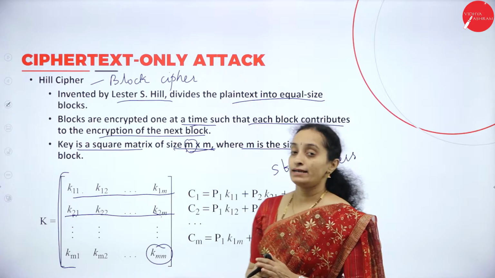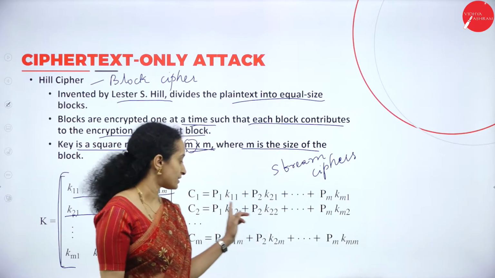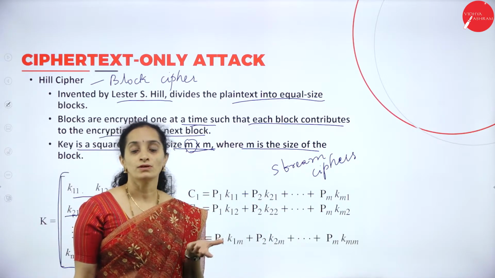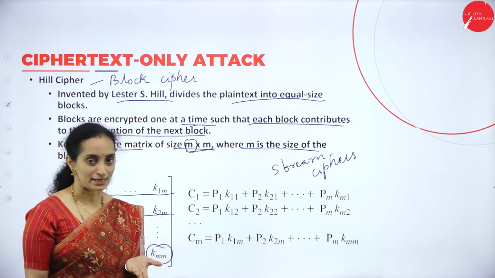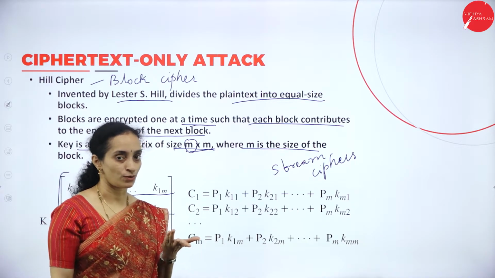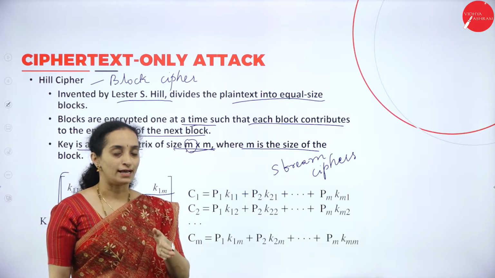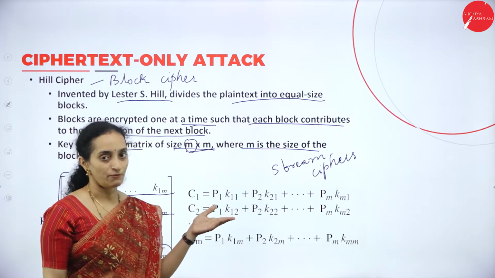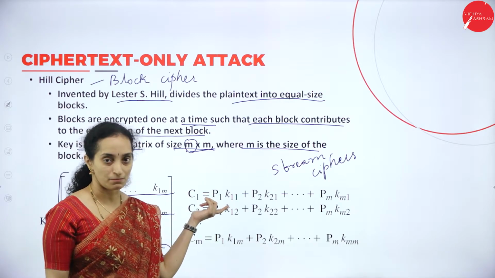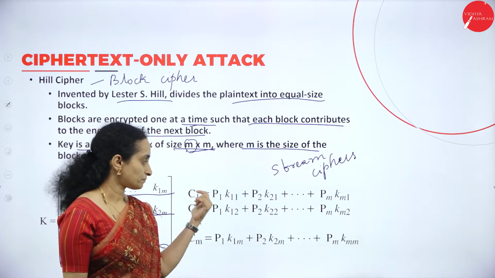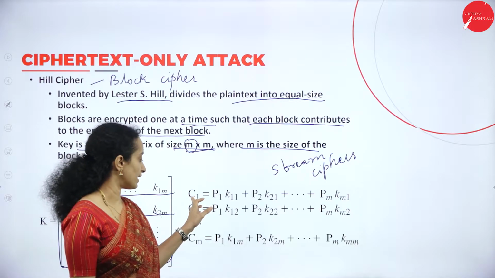The encryption method in Hill cipher is like this, like we do the multiplication in matrix. Matrix multiplication, you know, isn't it? Row into column, like this. In the same way, encryption must be done in the Hill cipher like this.